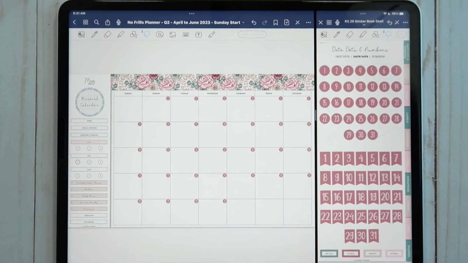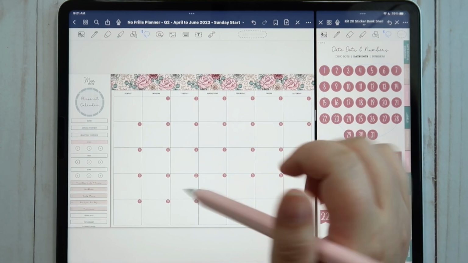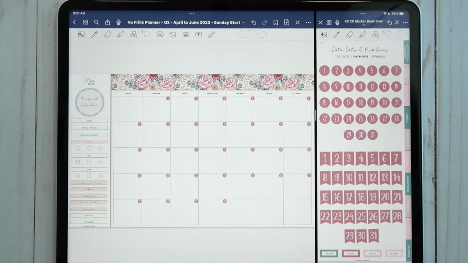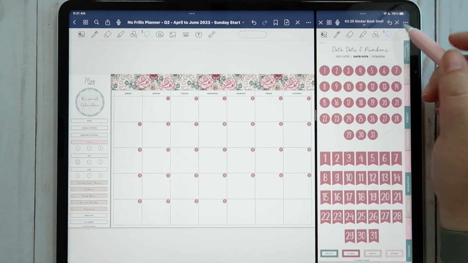Ooh, I like how that looks. That's cute. It kind of pulls in that darker flower at the top, which I like. So anyways,